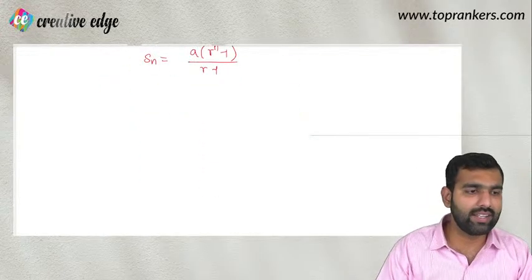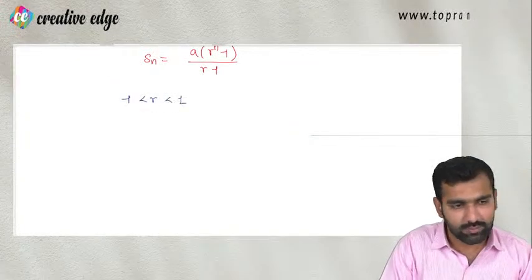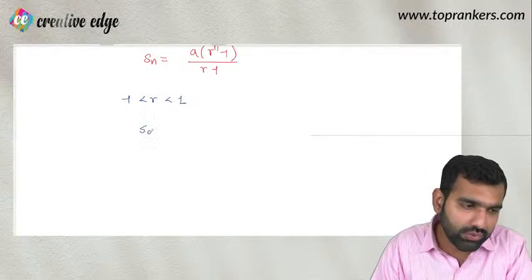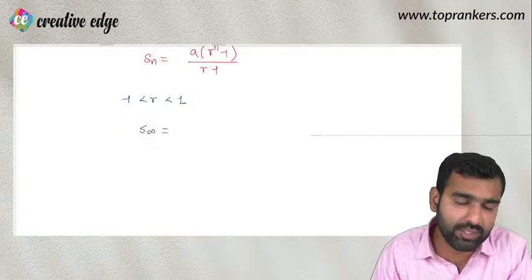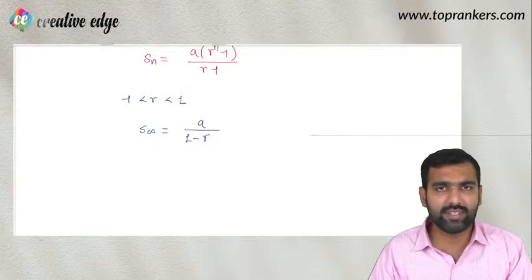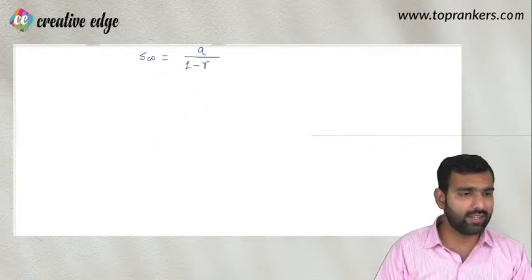Apart from that, अगर ये infinite GP मतलब इसका common ratio -1 से 1 के बीच लाई करता है, तो उस केस में डिक्रीजिंग GP होगी जिसकी हर वैल्यू छोटी छोटी होती चली जाएगी। तो उस infinite GP की infinite terms तक का सम निकाला जा सकता है by using this very basic formula, a upon 1 minus r. Well, there is one more property which you all should be very clearly aware of, that geometric